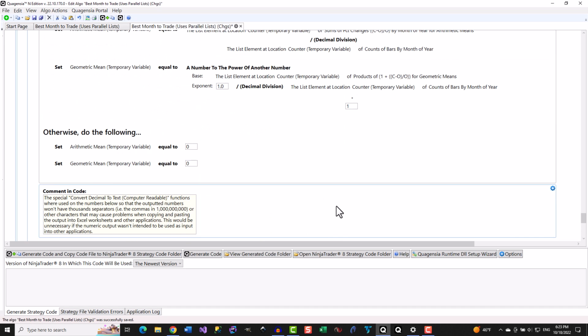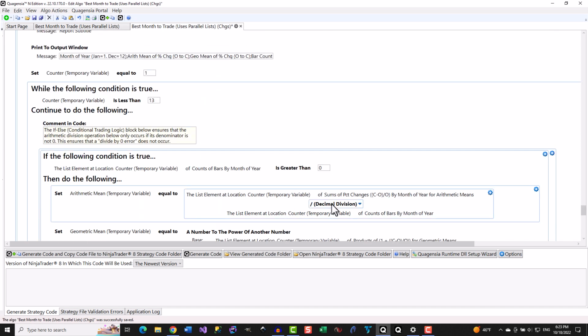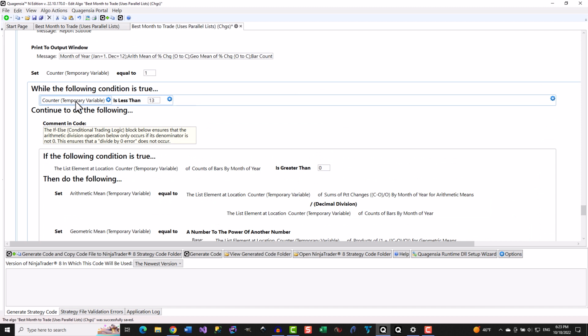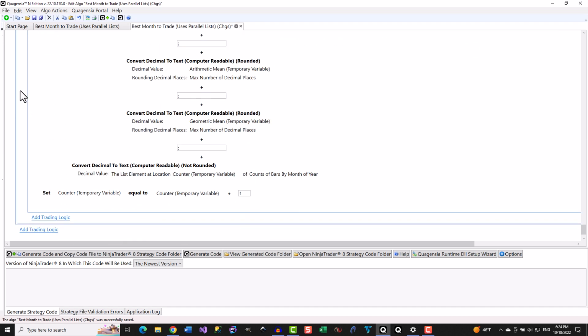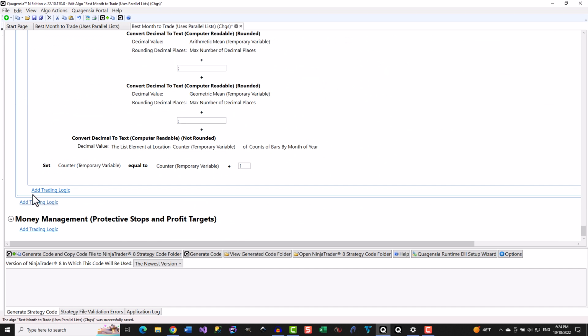The execution of this strategy's logic moves back up to the loop condition again, but this time the condition evaluates to false because 13 is not less than 13. Since the loop condition was false, the execution of the strategy's logic does not enter the loop again and instead moves to the first action after the loop. In our example, there are no more actions after the loop, so no more work is done in the OnBarUpdate event for this bar update event. By this point, the report's results are printed to the NinjaScript output window and the backtest is done.